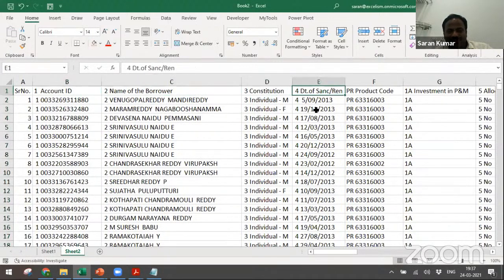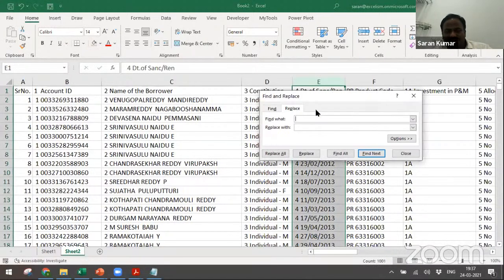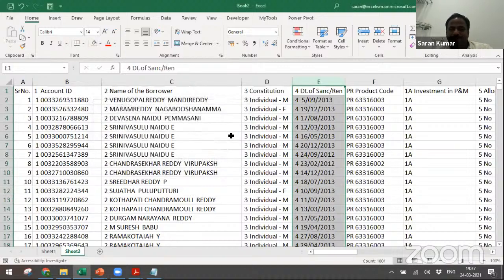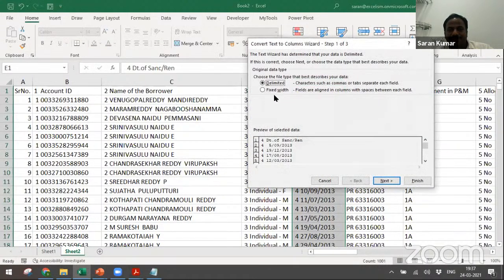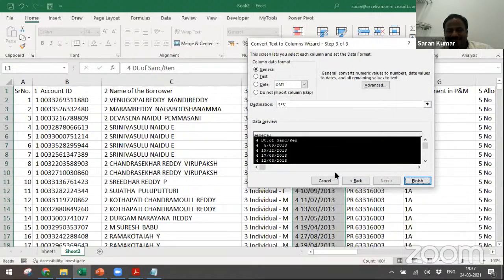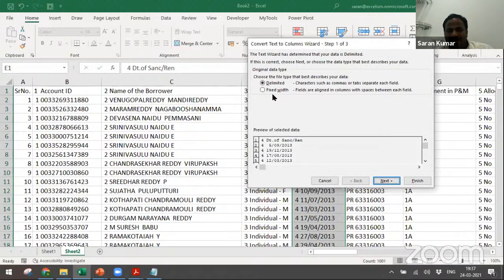If that is the case, you may not write a VLOOKUP function, you may not filter the dates and so on. But when you go here and start replacing four space, there may be a problem in some places. At the end also four may be there, space also there. If that is the case, it's going to be very difficult. So what I'll be doing for that case, you can select this column, go to text to column, then go to next, sorry, go back, take fixed width, then go to the next.